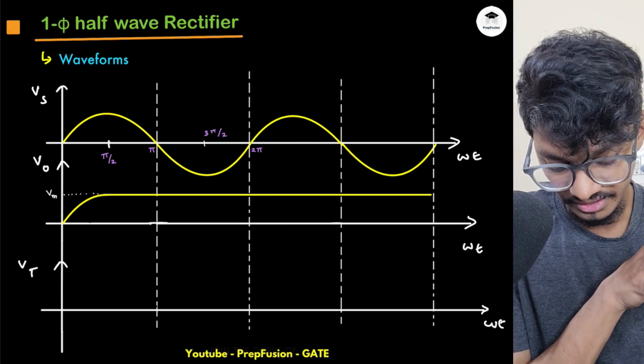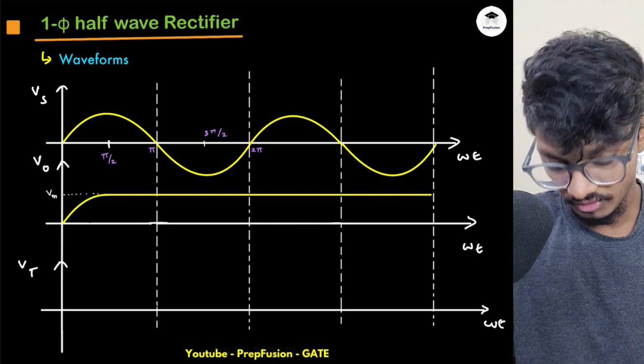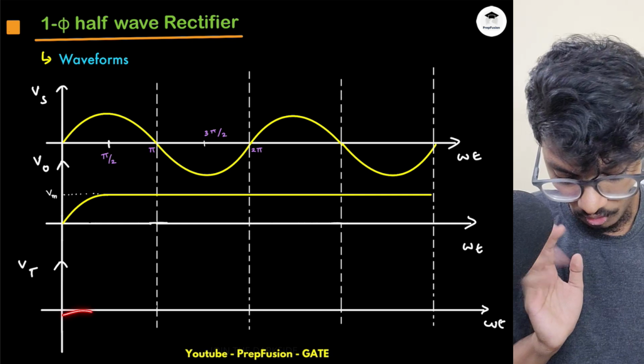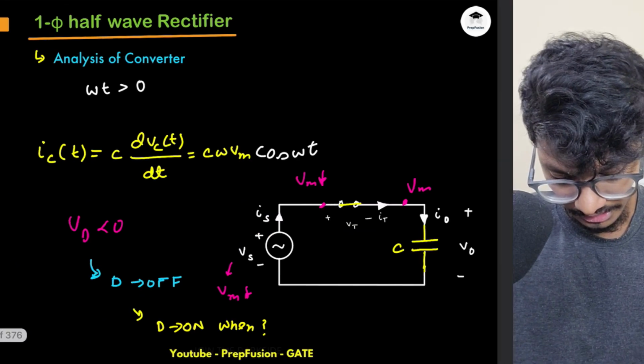Capacitor voltage remains at Vm and it stays like that. Okay. And what is with high voltage? So this voltage will be always 0 because the diode is on here. Okay, not always 0. The diode is on here. Then what happens is that